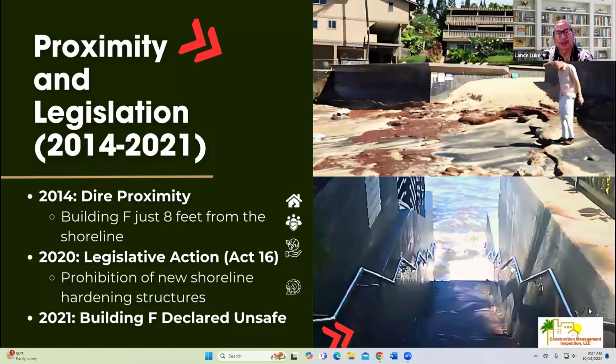In 2020, it was Act 16, the state of Hawaii legislative action, and it prohibited new shoreline hardening structures. Now, what are hardening structures? What is the definition? The definition is basically you can't do anything to the shoreline by, and remember I discussed this before,